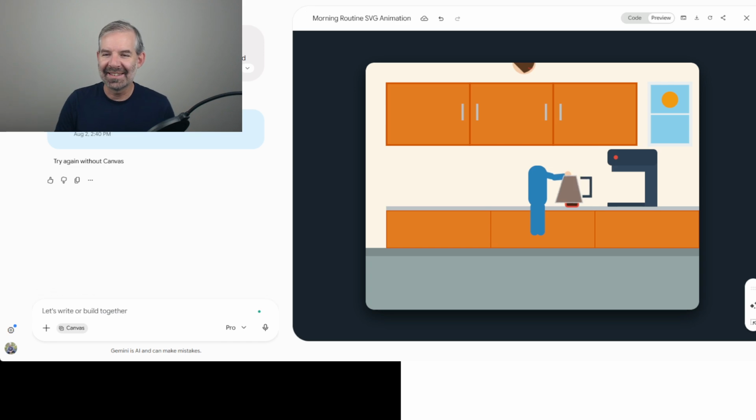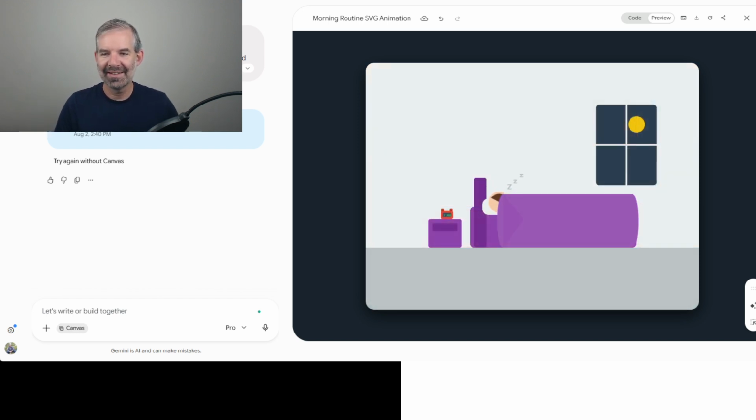Obviously, you can see it's pouring coffee out of the wrong place. It's dismembering the body. I mean, there is a little bit of the sequence where it goes from night to